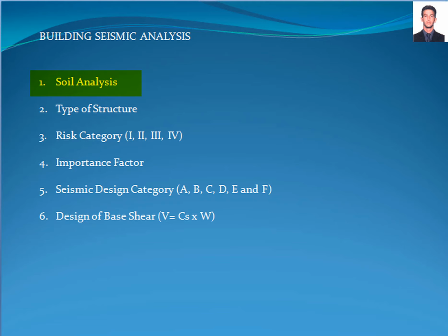Soil analysis. The soil report for seismic analysis purposes will show us the soil classification, the site class based on the average of shear wave velocity, the average of field standard penetration resistance, the average of the standard penetration resistance, and the average of the undrained shear strength, as requested in Table 20.3-1 of the American Society of Civil Engineers Standard. Also, it will show us the mapped acceleration parameters SS and S1 for short and long response acceleration, and the